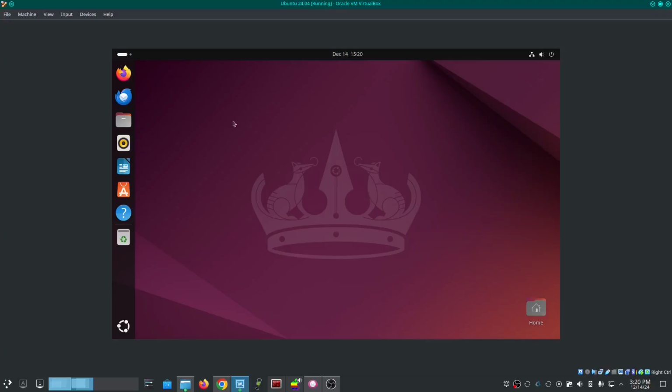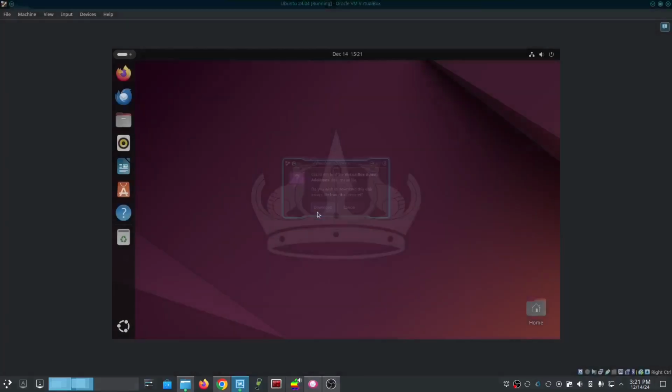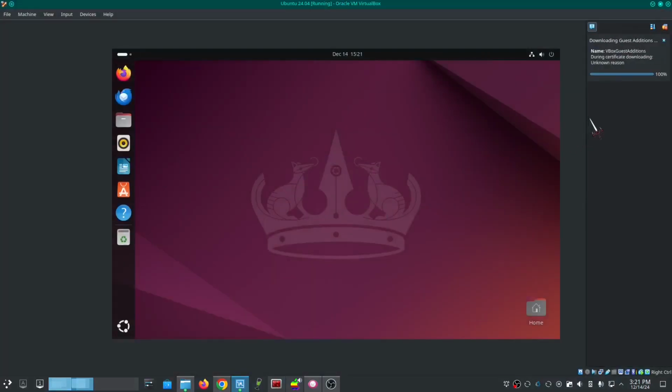Okay, if you try to install guest editions by going to devices, insert the CD, it says it can't find the file. So you try to click download, you get an error for an unknown reason. To solve this problem, open up Firefox,